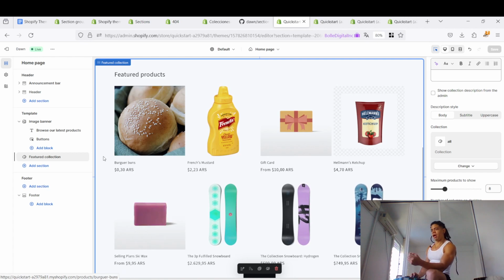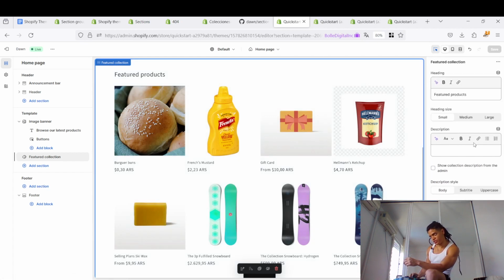Interesting. So sections are liquid files that enable you to create reusable modules of content that merchants can customize, which is this. So I, as a merchant, can customize this reusable module of content, which was created by a theme developer, all right,